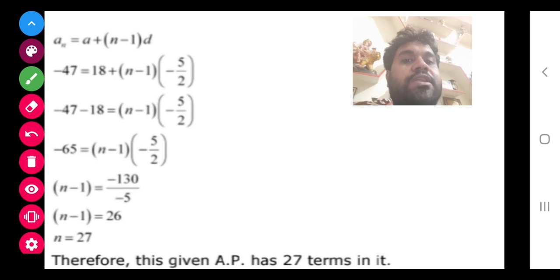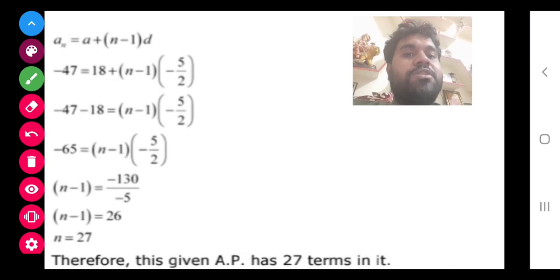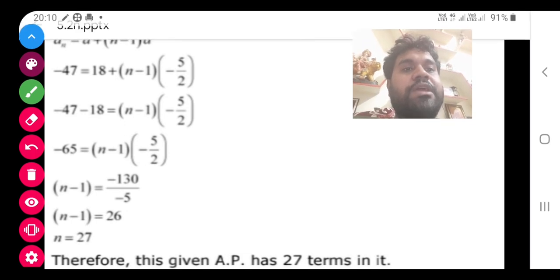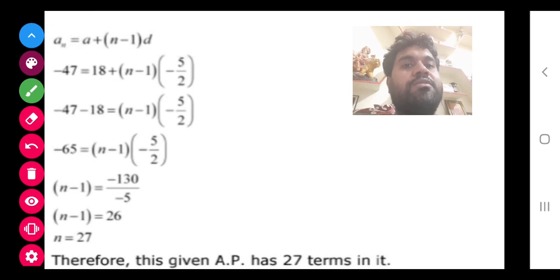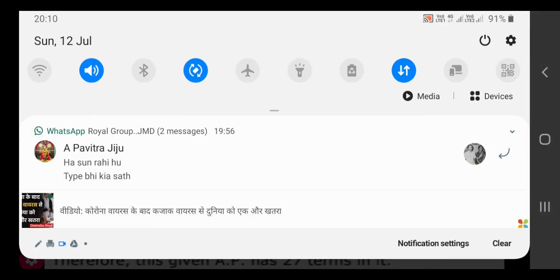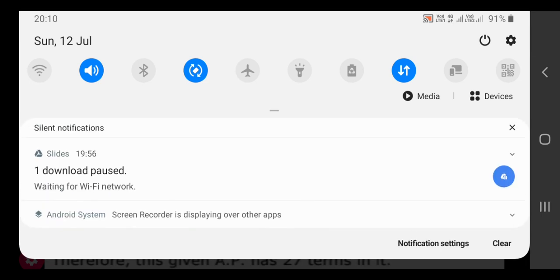So class, till here you have to do today, and we will continue further. Do it by this hour only and send me the work. Many of you are not sending the work. Class, be serious about it. You are in class 10. Tomorrow evening I will send in the group the names of those students who are sending the work, and later on I will send the names of those students who are not sending the work.